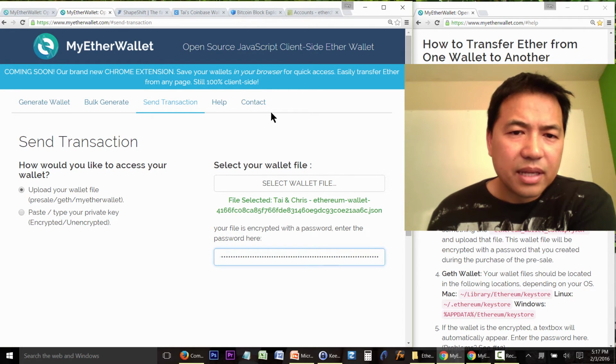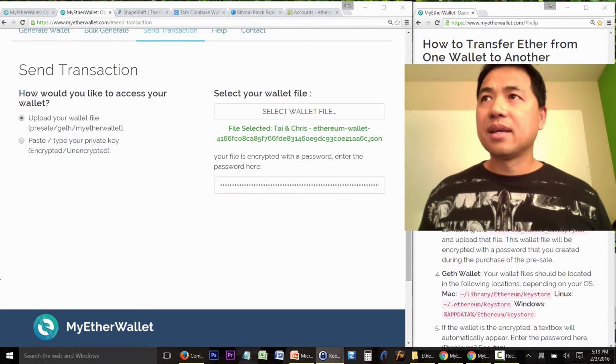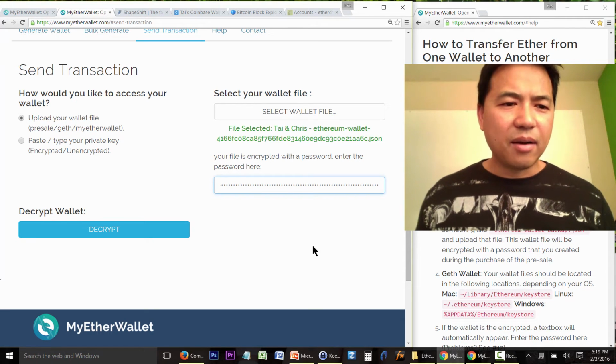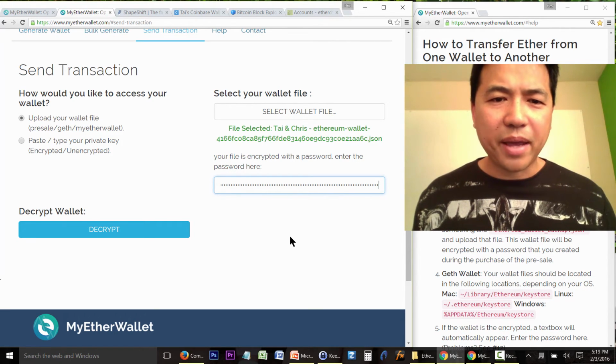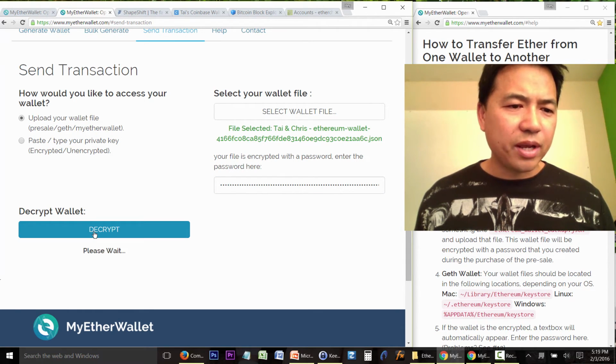Now I need to go over to my password manager, grab the password and type it into here, and give it a moment so that it can crunch the password. But let me try it again. Maybe it's because I had the wrong password, possibly. Okay, what happened was I copied the wrong password there, guys. So there it is. I put in the correct password now, and I hit decrypt,